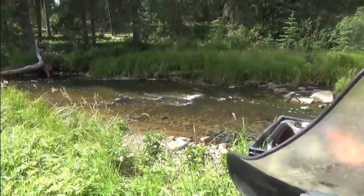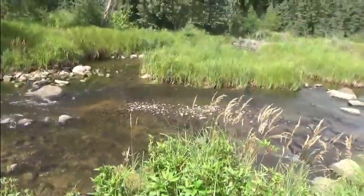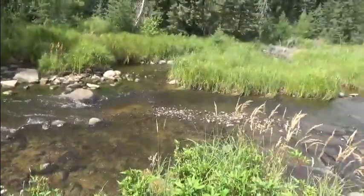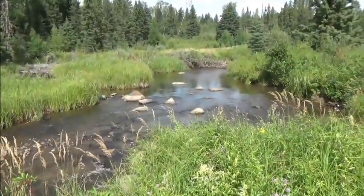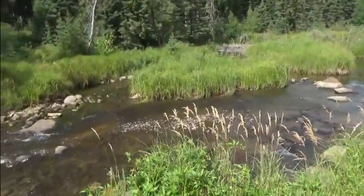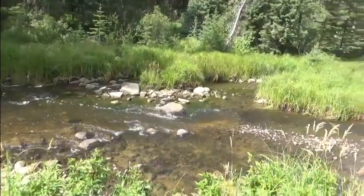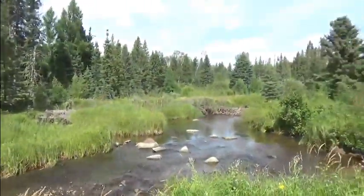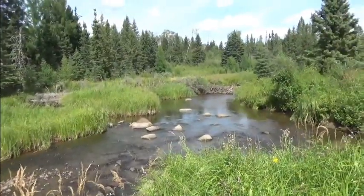Man, I really wish there was speckled trout in this creek. It'd be a beautiful creek for it, except for, like I said, on some occasions it does dry up in the summertime when there's real low water, so it would probably take just one really dry summer to kill them all. It is a lovely little trout stream. There should be enough beaver ponds on it where they could survive over the course of the winter,